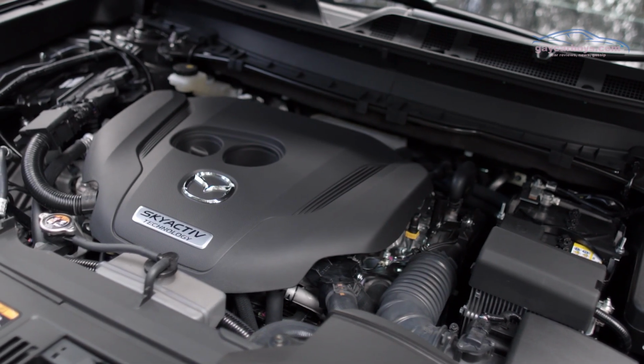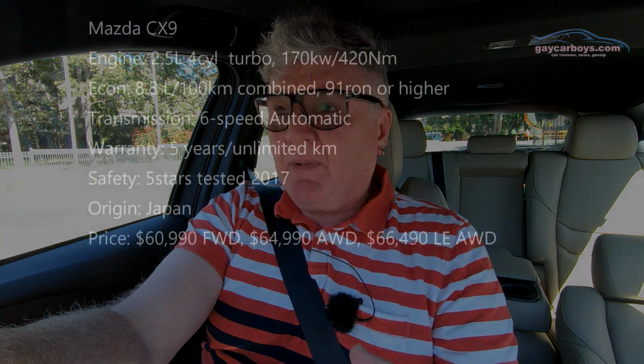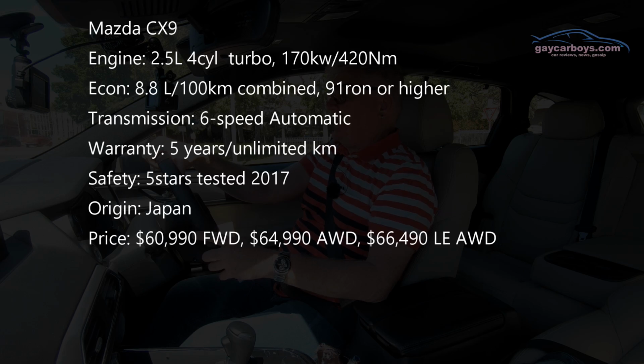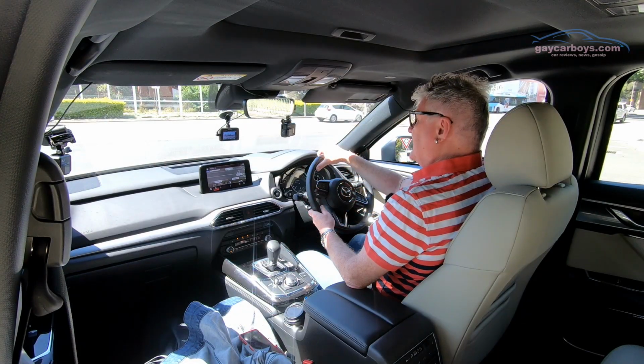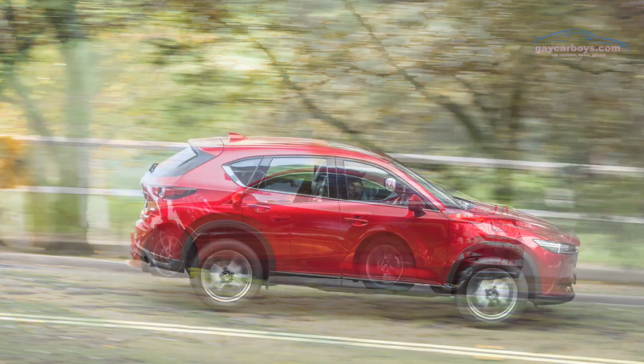Now let's talk about the drivetrain. First of all, the engine, as I said, is a 2.5 litre turbocharged 4-cylinder engine. It gets around 8.8 litres per 100 kilometres, and it puts power to either the front or all wheels through the all-wheel drive system. There are 2-wheel drive versions as well, and they're available in all grades. I think a petrol engine is the way to go, and this is the same one that's in Mazda CX